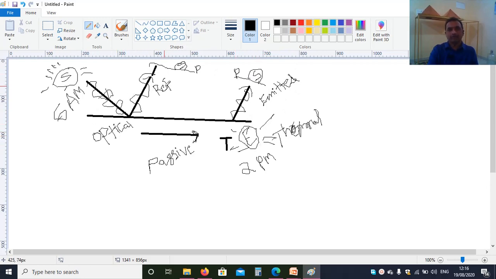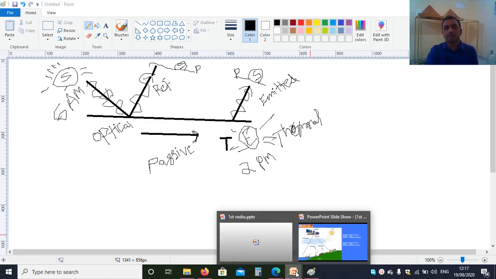The reflected radiation captured by the sensor in the presence of the sunlight is called passive remote sensing. In the presence of the source, here the earth surface, the emitted radiation captured from the earth surface is also called passive remote sensing. Okay. Here, based on the electromagnetic spectrum, remote sensing is divided into three types, which I will explain later. Now, you have a clear idea about what is reflected radiation and what is emitted radiation.